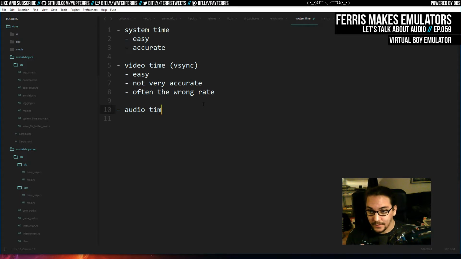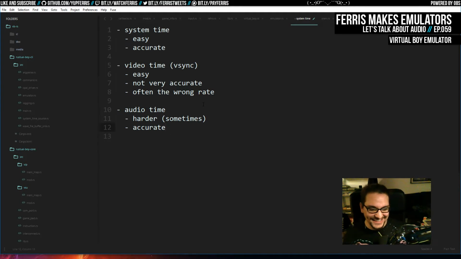So another one you have is audio time. Audio time can be harder. This is also accurate. I'll get to what I mean here. For Vectrex you can render every frame on the host machine, but